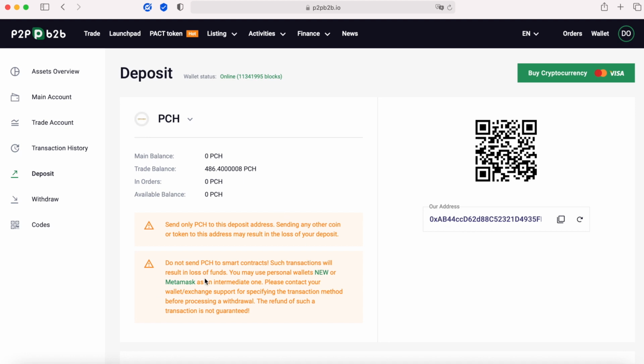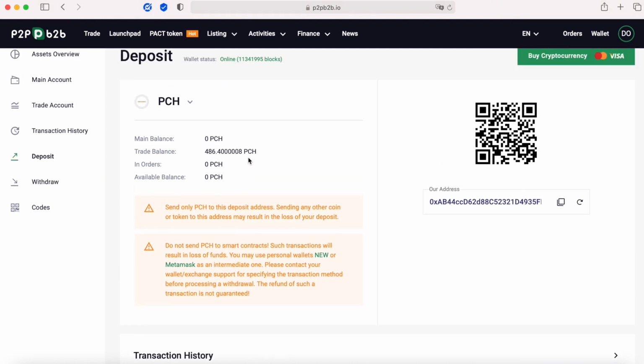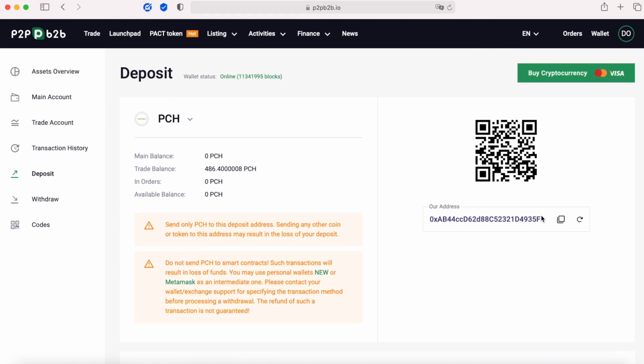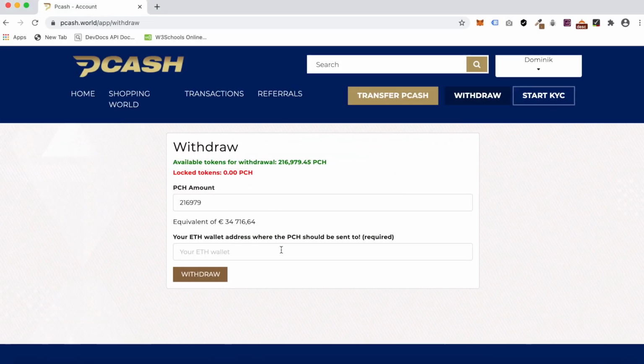They also recommend to use MetaMask as a preferred wallet to send from. But now I'm just going to copy this address. You can see it here, copy to clipboard. So I copied the deposit address of my PCH token deposit account, and then I go over and put this wallet address in my withdrawal request,